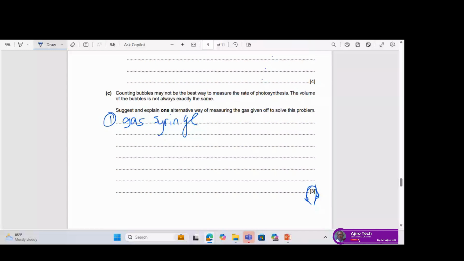You connect the syringe to a beaker or the object that you're containing the substance in, and